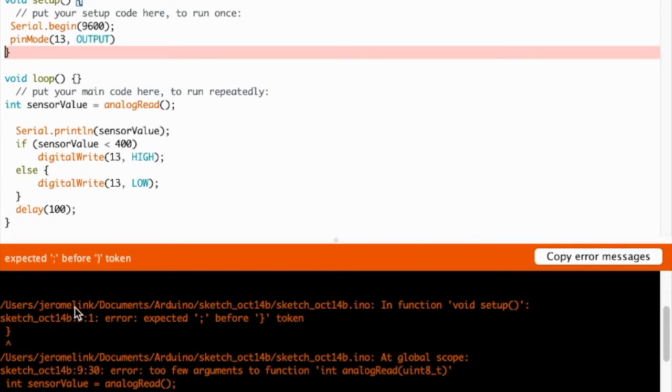For example, if we look at this first one, the first line, go all the way to the end, it says in function void setup. So it's telling me where to look up here in my void setup function. I then have directions here for in my sketch, line 5, character 1, and they've highlighted that in orange for me, so I can count 1, 2, 3, 4, 5. Line 5, character 1 is this curly bracket. It says there's an expected semicolon